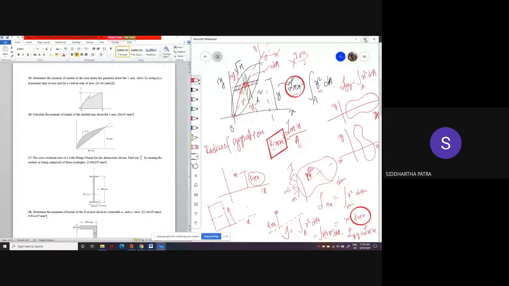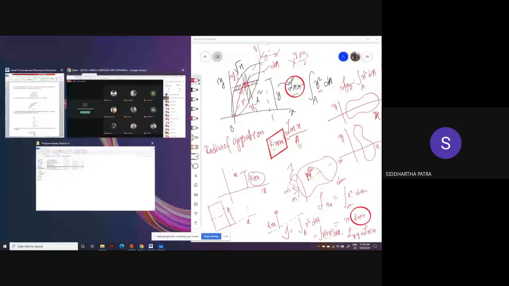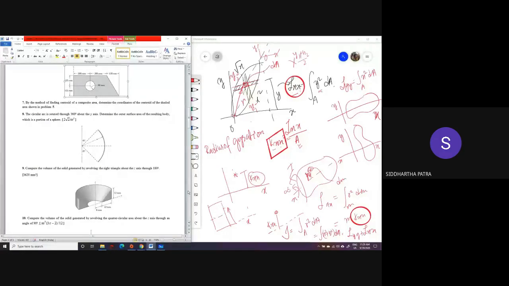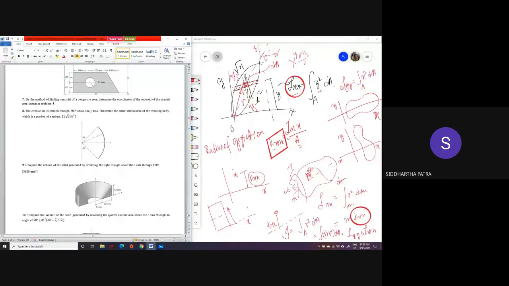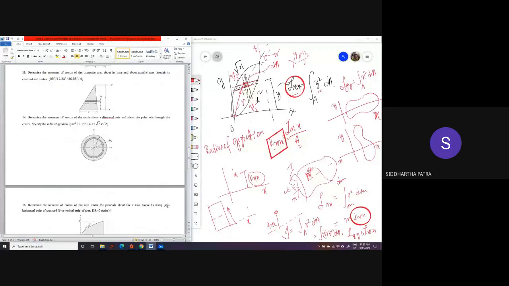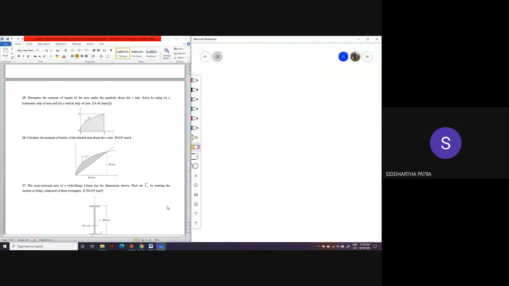Okay. Now again, I'm only going with the theories of it. I'm not doing any problem, because how you should be able to solve any of those problems, I have already discussed that. Now, one more thing with the moment of inertia, actually a couple of things. One is the product of inertia. So that is also for definition,